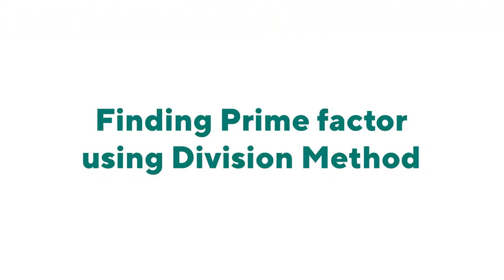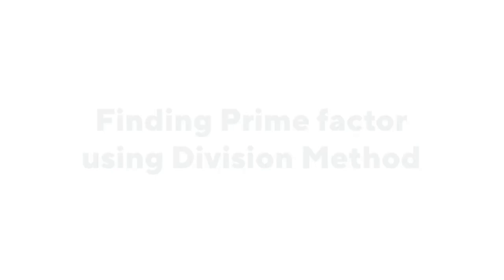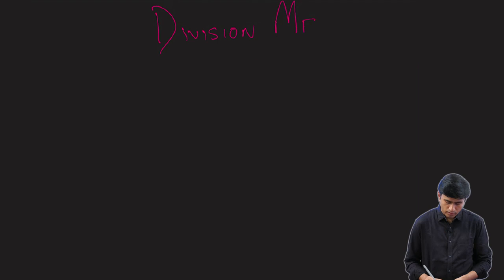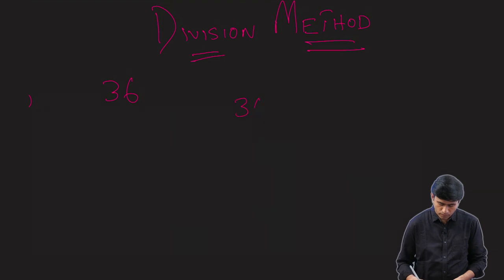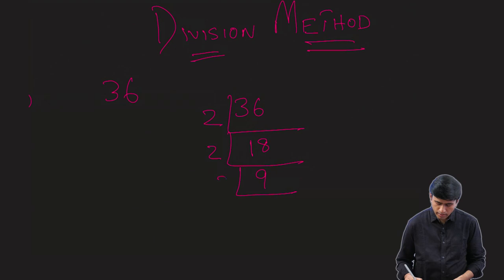Now let's talk about the division method. This is the more common method we use to find prime factors. This is how we find the prime factors of a given number using the division method. Let's find the prime factors of 36. So, we divide 36 by 2, and it becomes 18. 2 9s are 18. 3 3s are 9. 3 1s are 3. If you notice, you have to take the given number and divide it